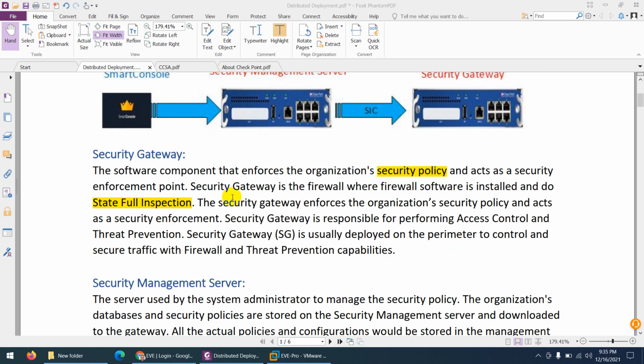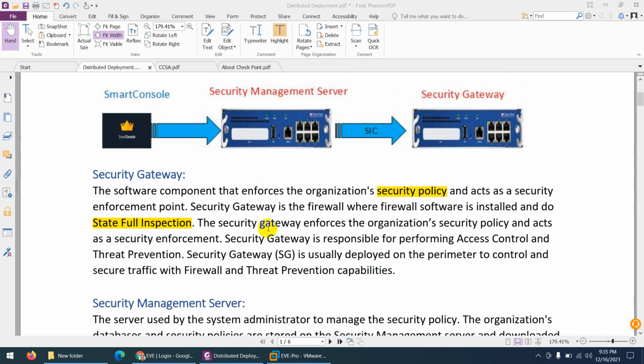The first one is security gateway. Basically, security gateway is software which you install in a box or maybe in a virtual environment, maybe in the cloud, whatever. And it acts like a security enforcement point. It's like any other firewall, Palo Alto firewall, FortiGate firewall, Cisco ASA firewall.